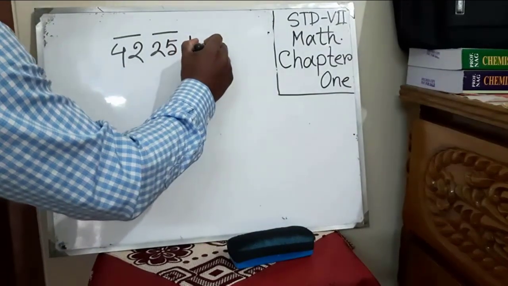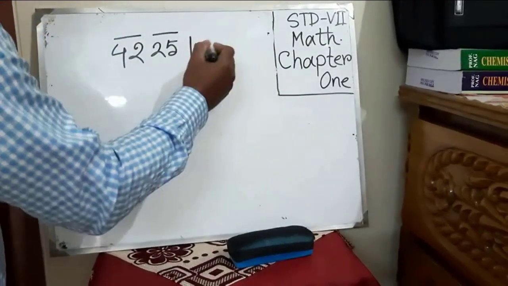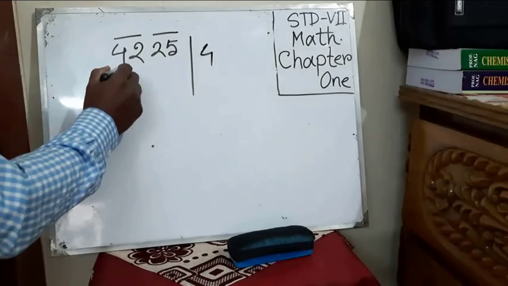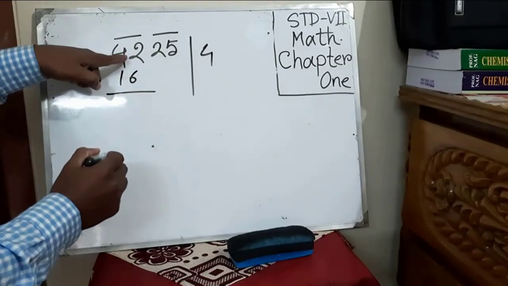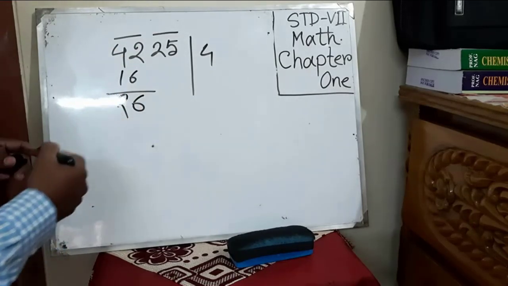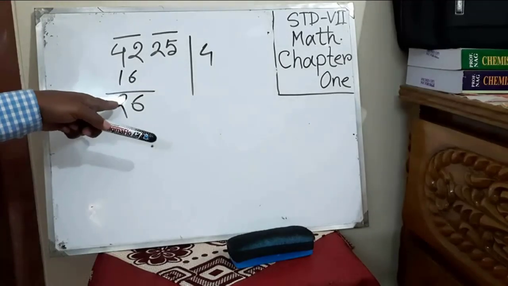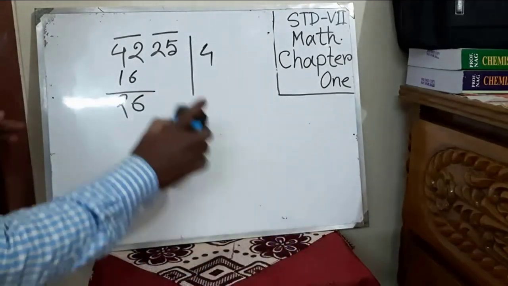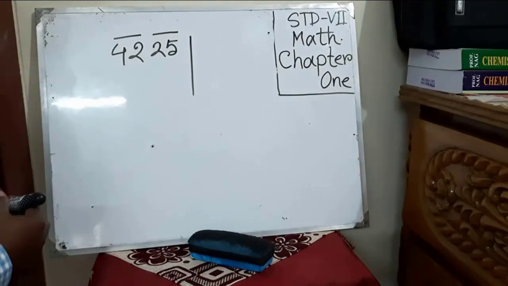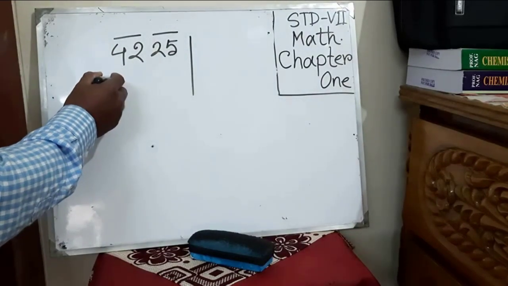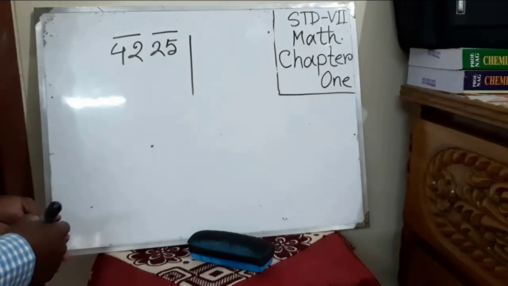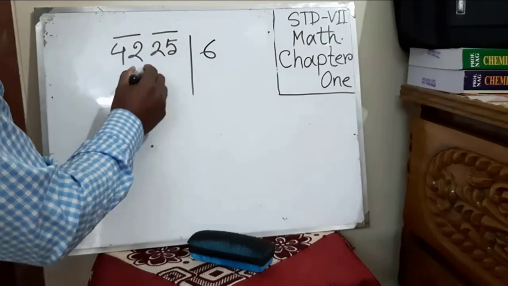So you will put a number, and whatever number you write, you will multiply by the same number. Suppose it is 4. Then 4 fours are 16. Look, you will get here 6 and 2, 26. So it looks odd. The remainder is very big. So we can consider another one. We can consider 5. If it is 5, then 5 fives are 25. But here 42. We can check another digit. It can be 6. 6 sixes are 36.